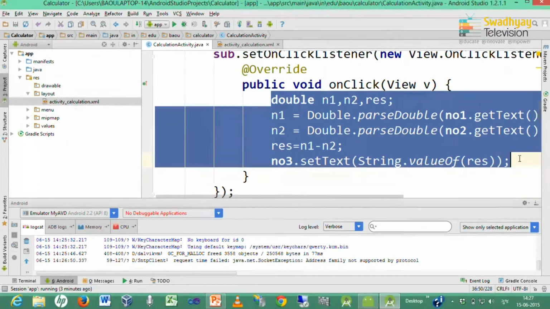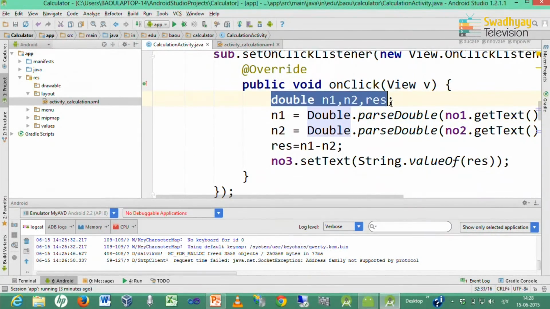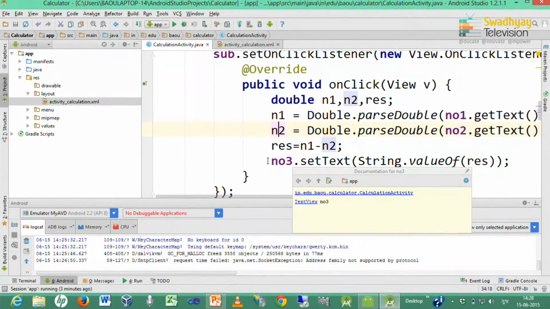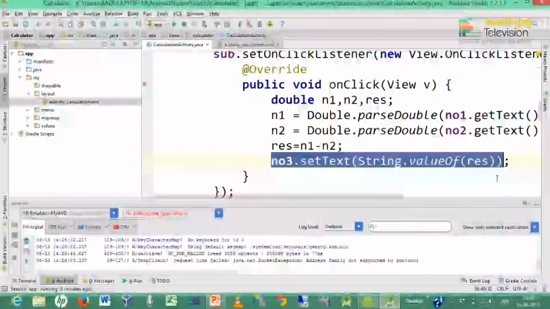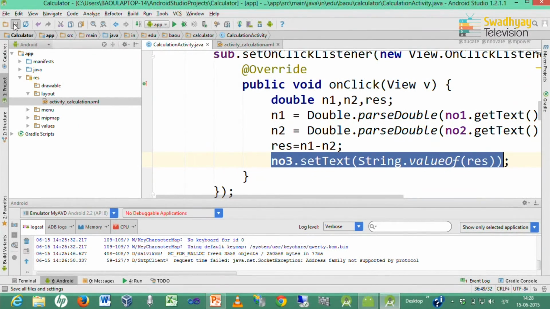So, here we want to do subtraction of two numbers entered in two edit text. So, we declare necessary variable, then we fetch value of these edit text in n1 and n2, and then finally we subtract these two numbers, and in last we display this number as a string into last text view.